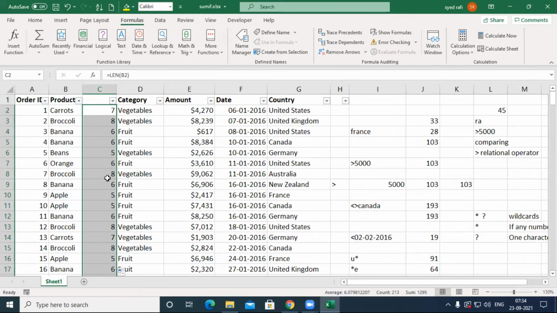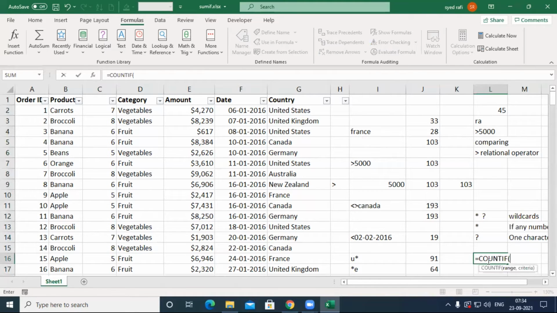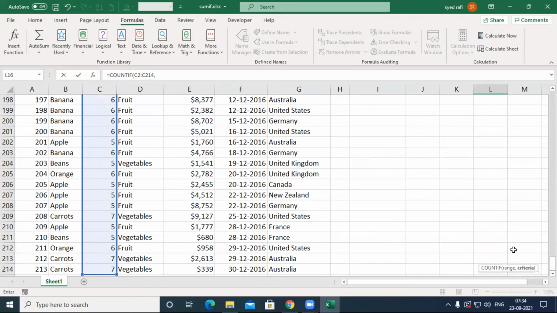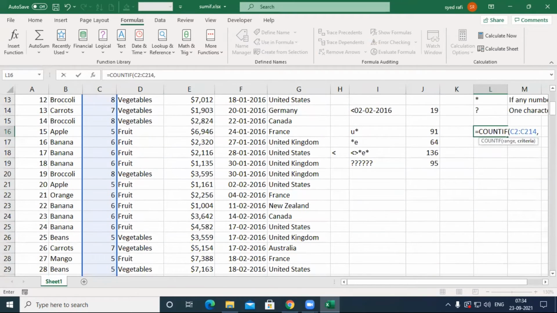Now I want to count the 6 characters length. That's why I gave it like this, equal to COUNTIF. Whenever you want to count, you must use the COUNTIF. Equal to COUNTIF, you must select the range, comma. Only I want to count the 6, that's why I give the 6 and press enter.